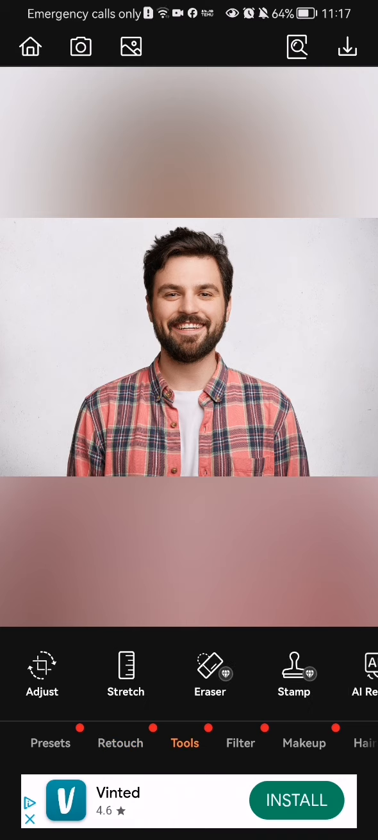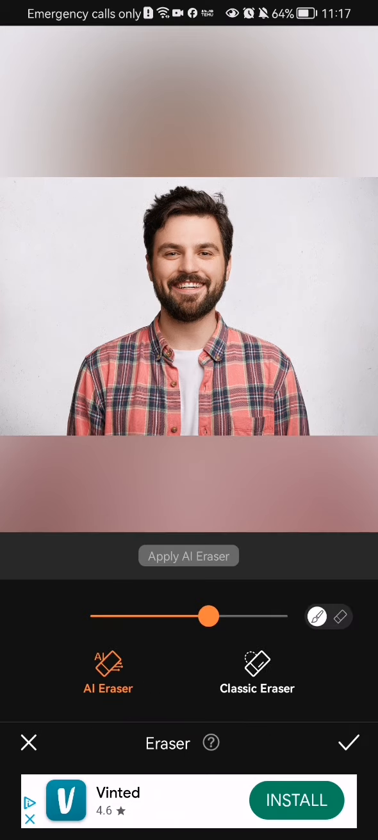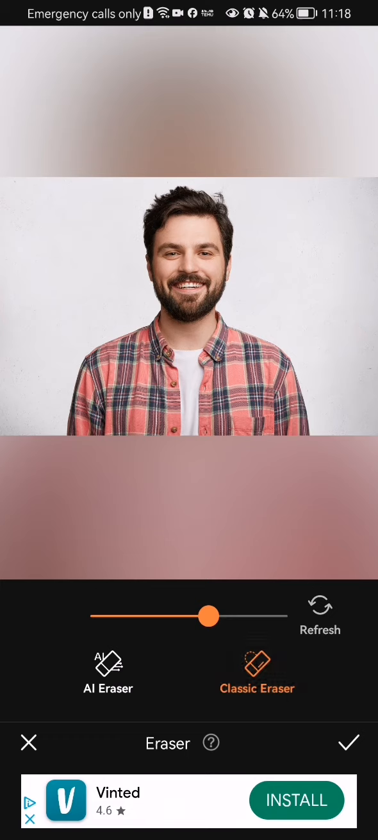And you can see here a little bit above the third option, which is the eraser. Now this is a premium function, but if you pay for it, you can basically use it. And you can choose between the AI eraser or the classic eraser, and the use of the eraser is quite